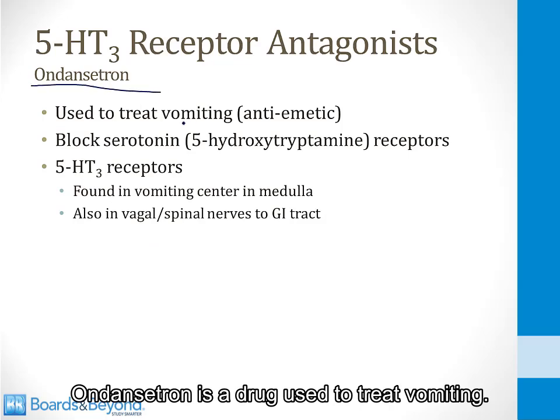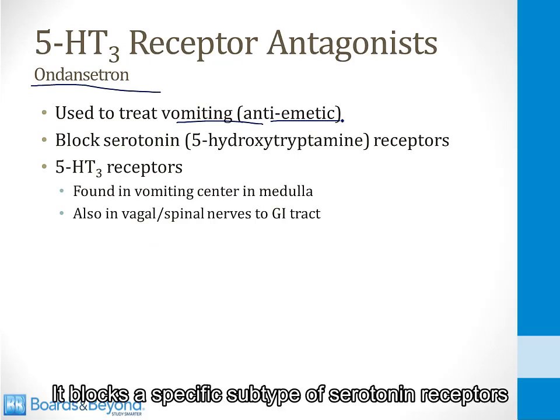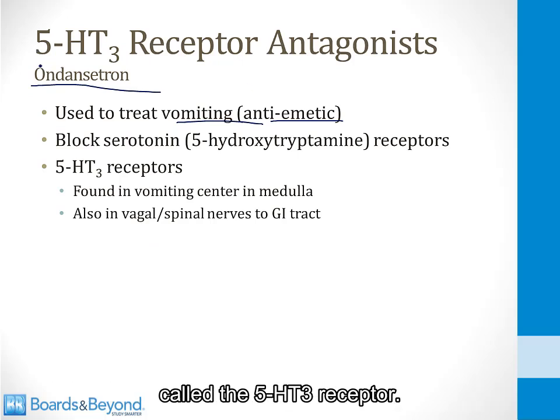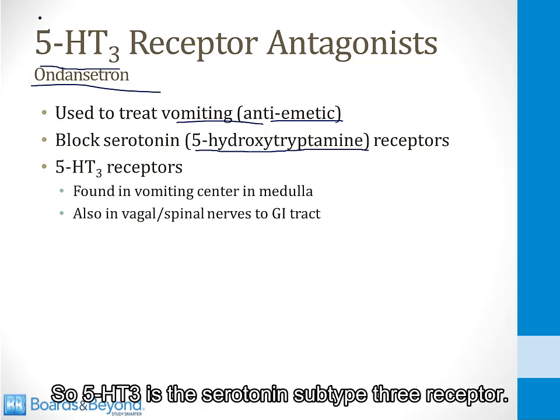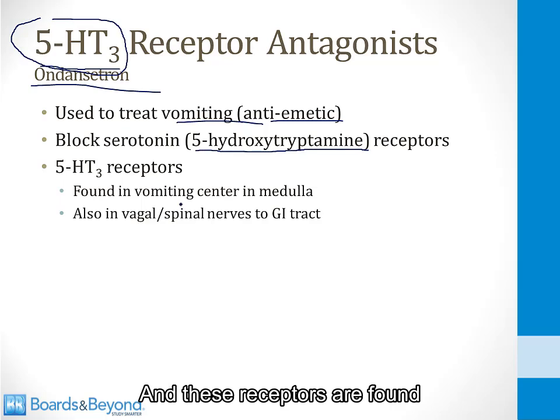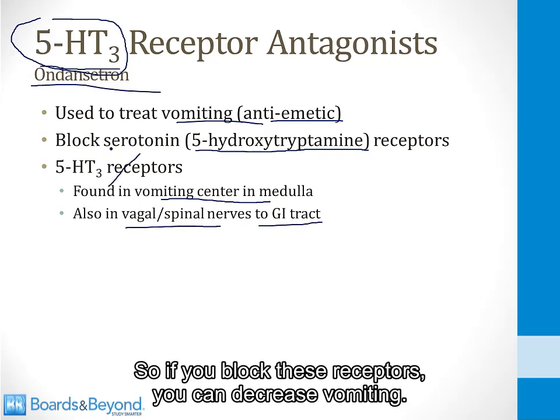Ondansetron is a drug used to treat vomiting. It's called an antiemetic. It blocks a specific subtype of serotonin receptors called the 5-HT3 receptor. Serotonin's formal name is 5-hydroxytryptamine, so 5-HT3 is the serotonin subtype 3 receptor. And these receptors are found in the vomiting center and the medulla. They're also found in the vagal and spinal nerves to the GI tract, so if you block these receptors, you